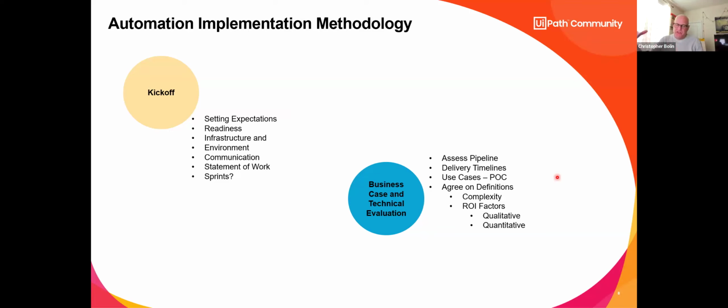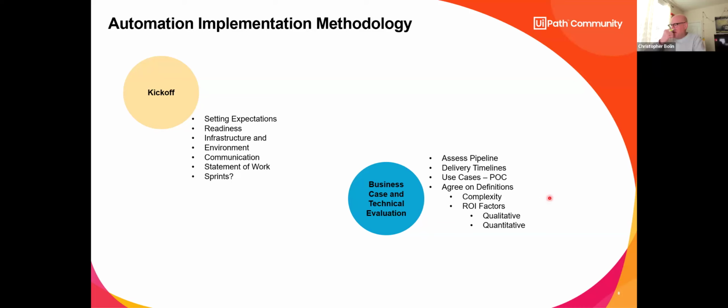Don't say, well, Susie Q now doesn't have to sit at her computer for 2 hours and do this process, because that's only impacting Susie Q. You want to identify the downline impacts and the upline impacts when you do your POC. You want to make it robust, but not so robust that you can't do it quickly, and it becomes more of a large project than just a proof of concept.